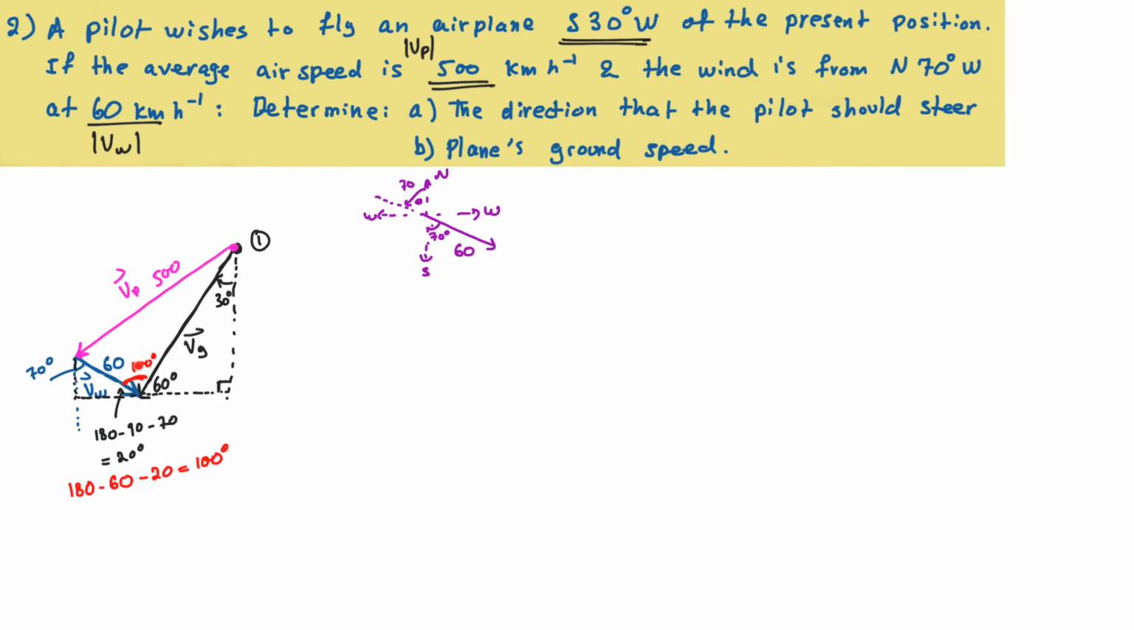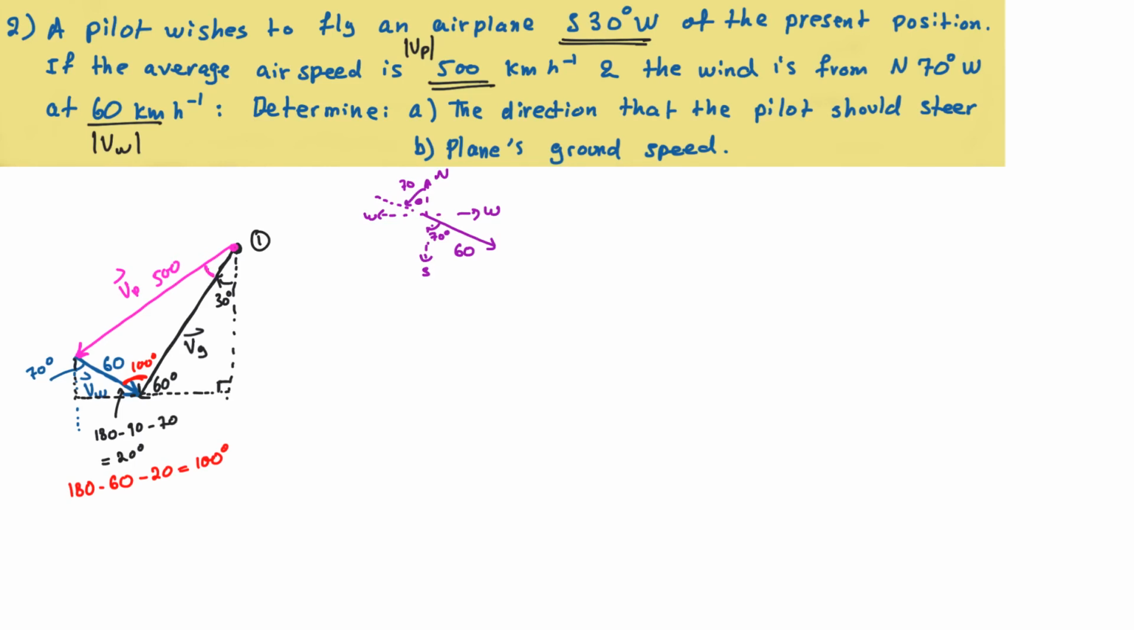Now I have this angle and I have this side. I have this side and I can find this angle. And once I find this angle, I can use that set of information, add it to the 30, and that would be the angle for which the pilot has to actually steer. So that will give me enough information for that. So to find this